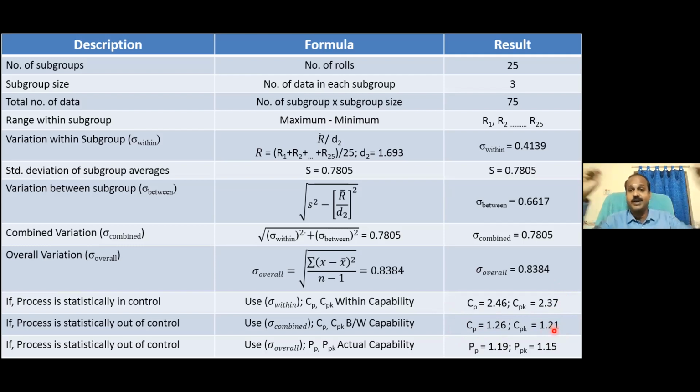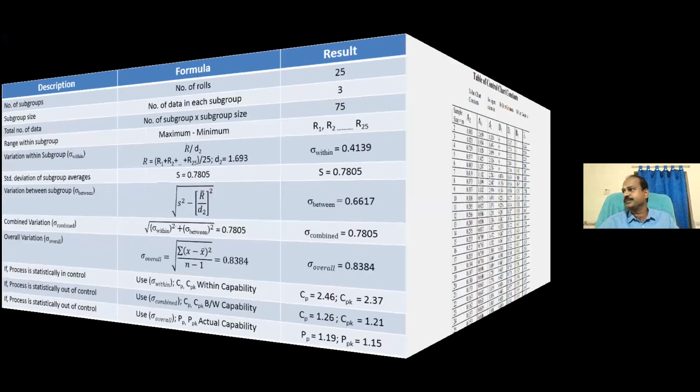But ultimately, what your customer will experience will reflect in my PP and PPK. That is still a little worse. You know why this is happening? Every batch, the raw material comes from a different source. Maybe different suppliers might be giving you the raw material, and as a result, that is getting reflected. All of you now understand the seriousness in different data, right? Maybe definitely this is a little tough, but you need to spend time. You just can't grab everything in one go.